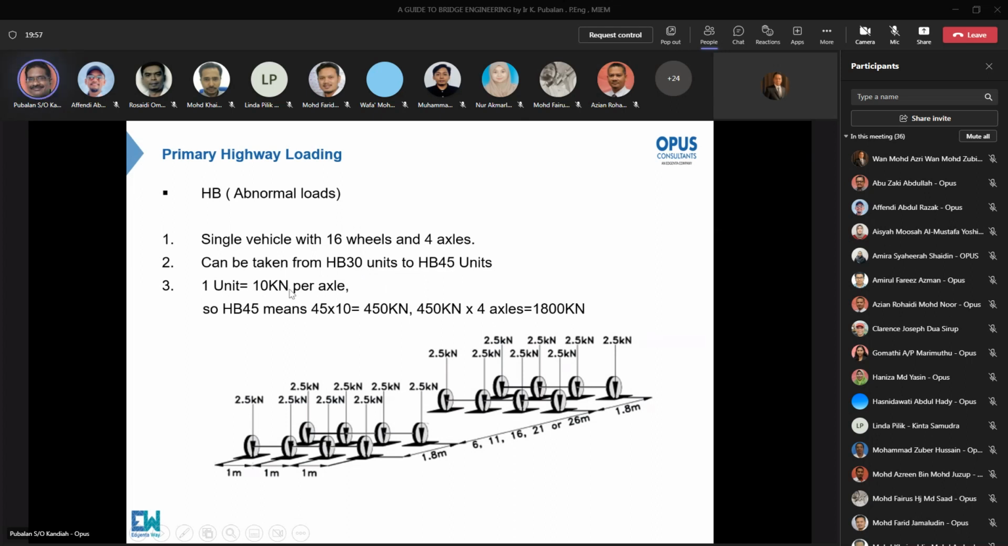So 1 unit is 10 kilonewton. Okay, one ton is 1,000 kg, which is 10,000 newton. So 1 ton is actually 10 kilonewton. All right. So 45 units means 45 tons per axle. 45 tons per axle. So you have how many axles here? 1, 2, 3, and 4. So 45 times 4 is